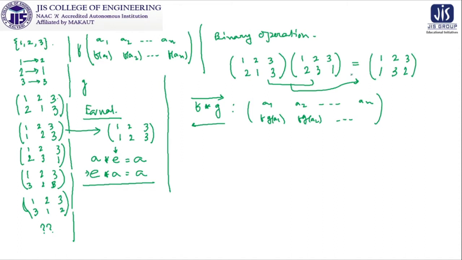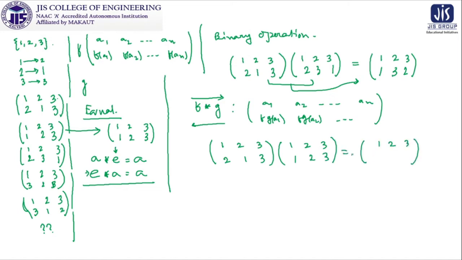So first of all, it is very clear that it is closed under this binary operation. Next, it is going to be associative. You can operate and check, but the important thing is the identity element. We have claimed that the identity element is 1, 2, 3 goes to 1, 2, 3. So we have to check, at least for our confidence building, at least from one side. I am taking it from the right hand side.